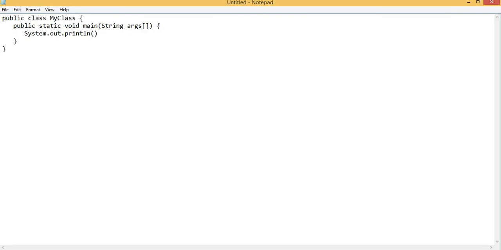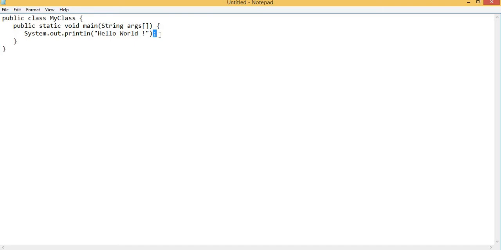Within this method I can pass anything which I want to display. For example, I just want to display a message, hello world. Since it's a string, it must be enclosed in double quotes. And like other programming languages, Java is case sensitive and statements must end with a semicolon.